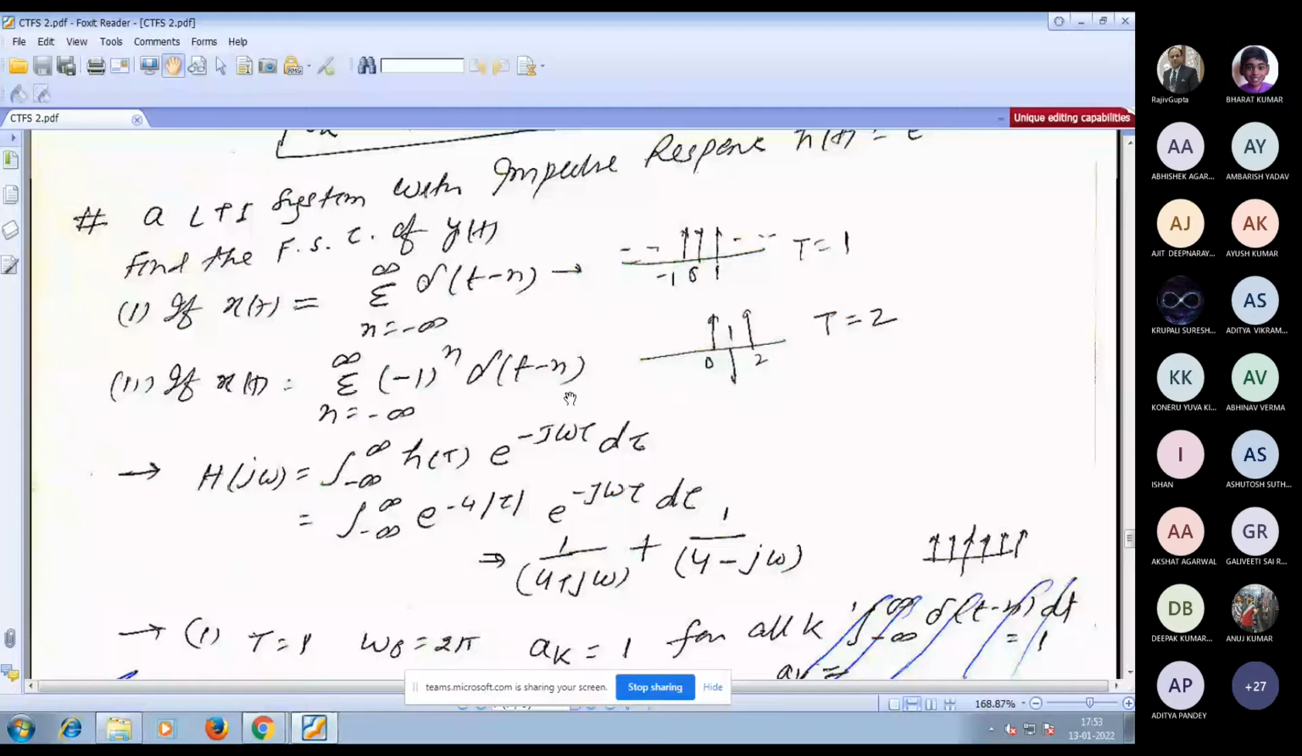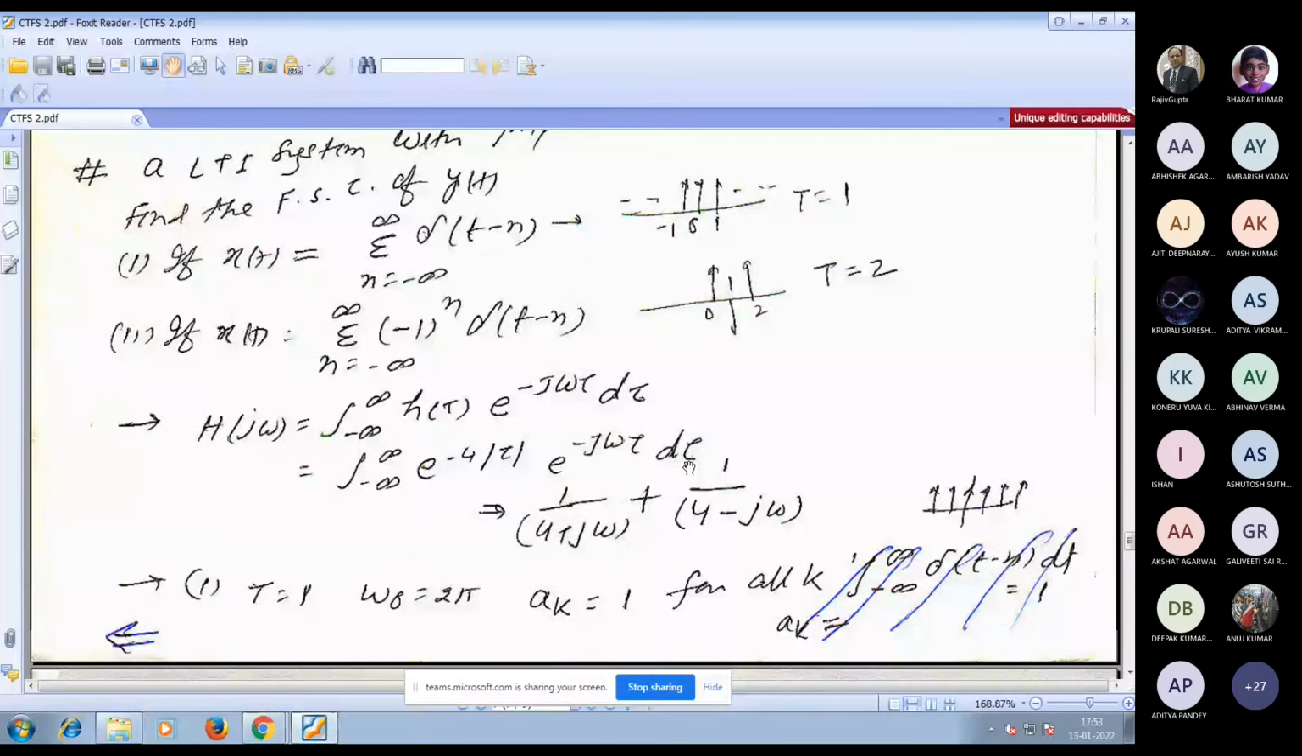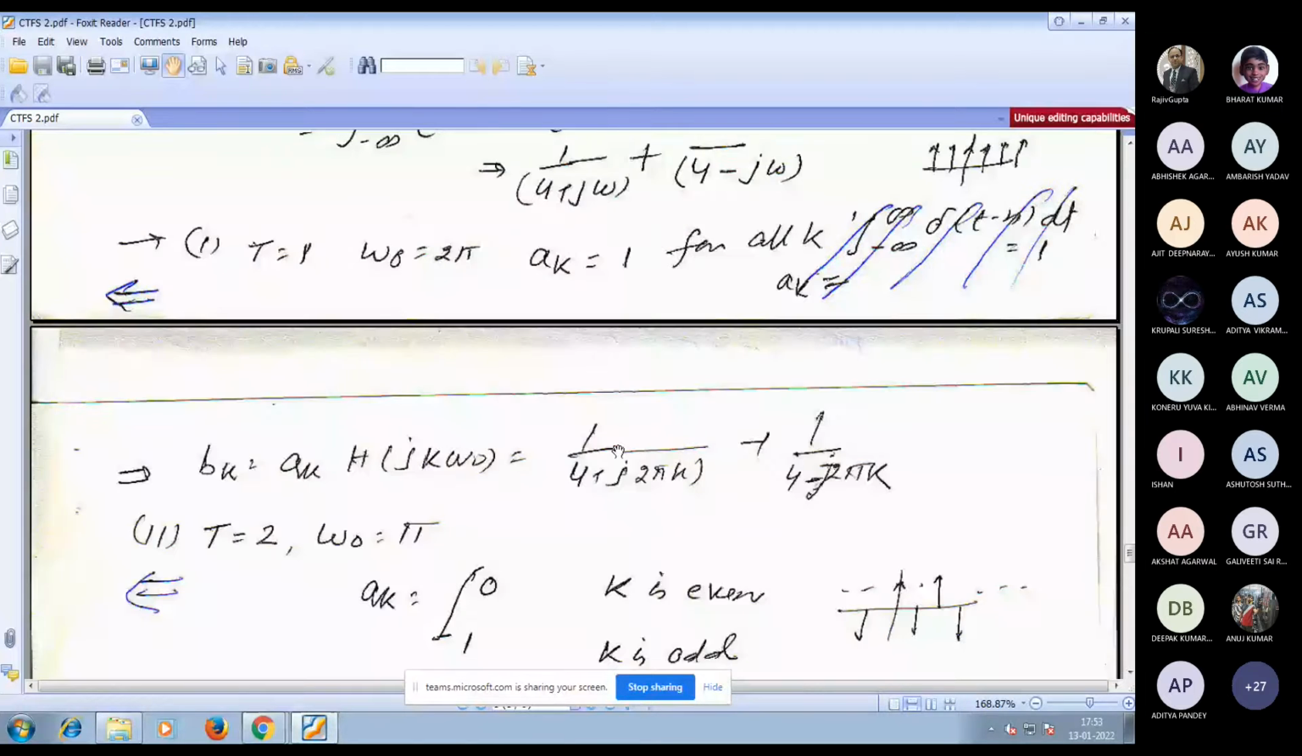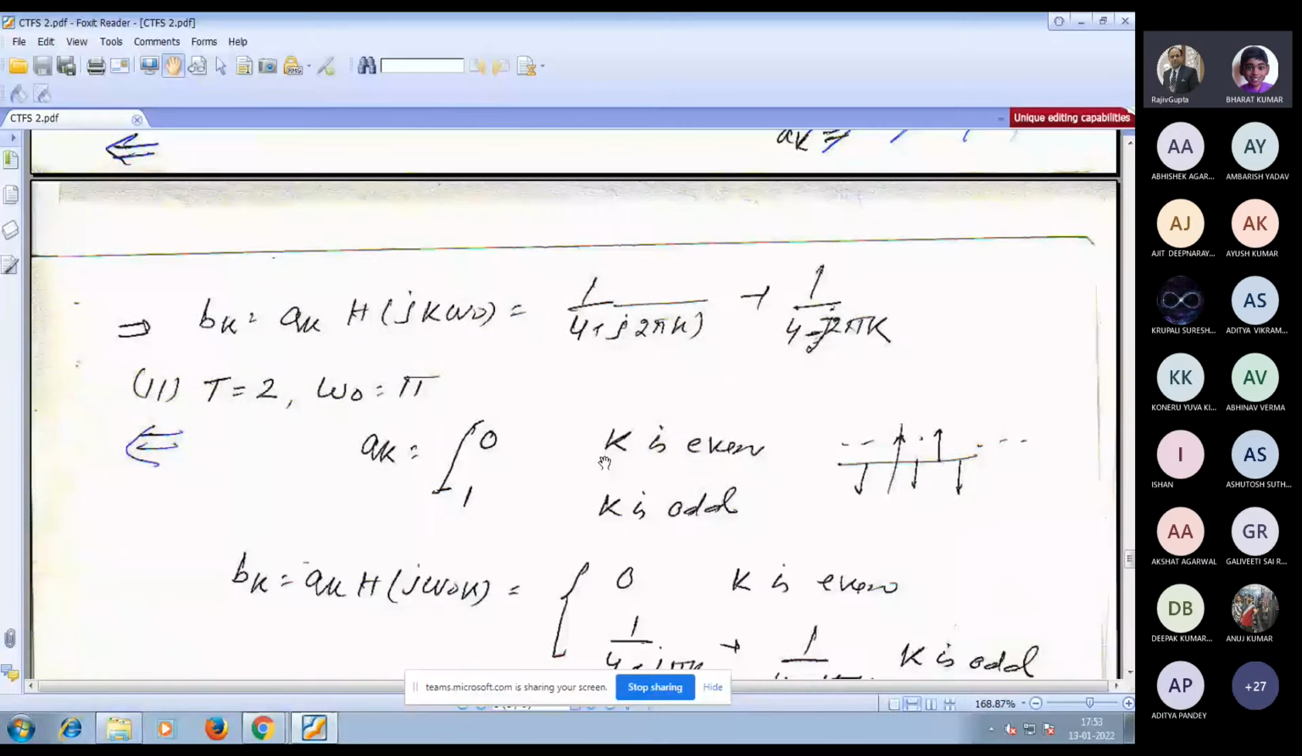सर आफ्टर इंटरवल ऑफ 2। After interval of 2. That means the time period becomes 2. Fine. तो टाइम पीरियड अगर 2 होगा इसका, then what about AK? AK निकाल सकते हैं क्या हम लोग? इसमें AK 0 आएगा जब K इवन होगा और 1 आएगा जब K ऑड होगा।